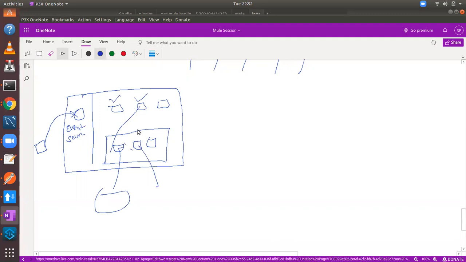If a flow has an error handler, it means when an error occurs, those activities we need to perform we can do over here, like I said, logging, notification, and rollbacks. If you're not configuring those activities in the error handler, you're not handling the error.